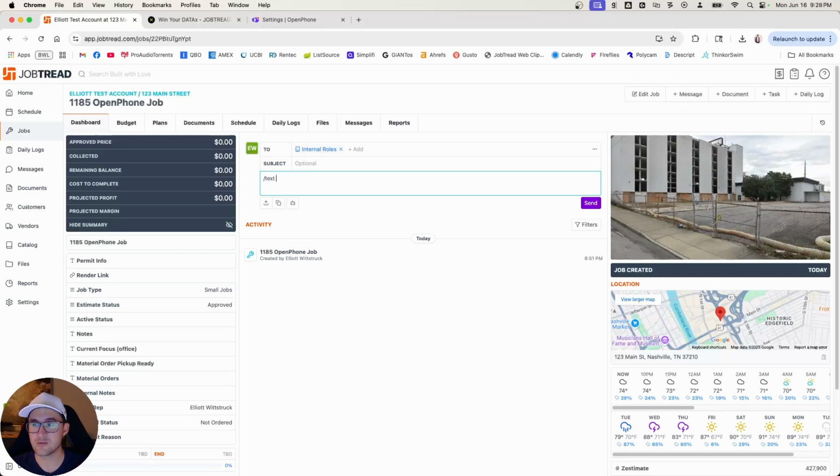And this is just something, there's no permissions in DataX. You just need to be smart and tell your guys who can and can't use this command. So you can text and say, hey Elliot, we grabbed some blue paint. Would you like your ceilings blue? So I'm doing /text on a job,